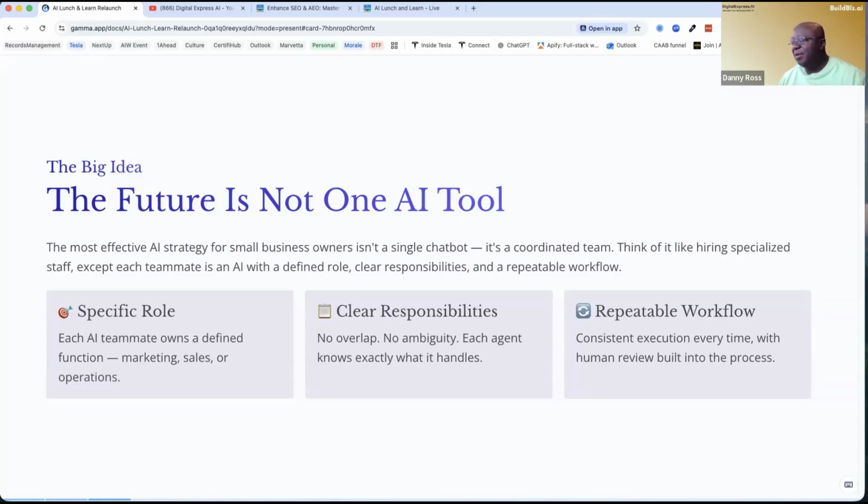Now, in the chat, if this is your very first time here, please go ahead and drop a one in the chat. I like to know when we have new visitors to our AI Lunch and Learn. That way I can gauge how many people have been here before. I definitely see some names that are familiar, and then some new names. Okay, I'm going to just call you JM. I don't want to mess up your first name. Welcome, welcome. It's so funny because the group itself is getting acclimated to jumping on Wednesdays instead of Tuesdays. So welcome.